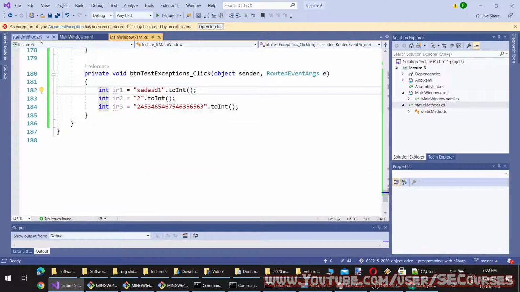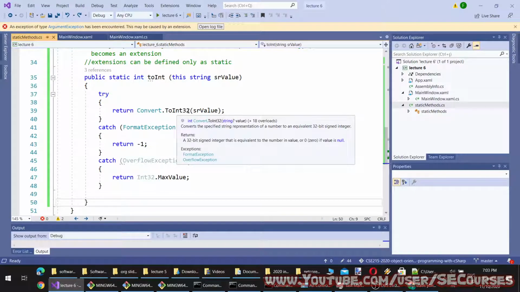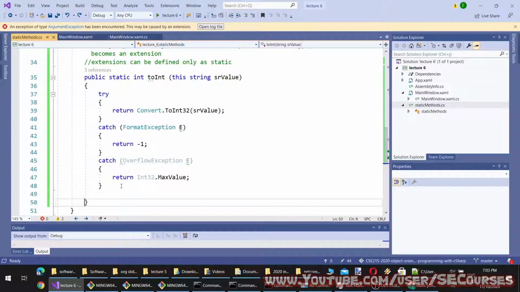Okay, how did I know the possible errors in the Convert.ToInt32 method? You see the exceptions are displayed here. So this method can cause two exceptions, which are format exception and overflow exception. So we have covered both of them. If there were many more exceptions, we could also write like this.